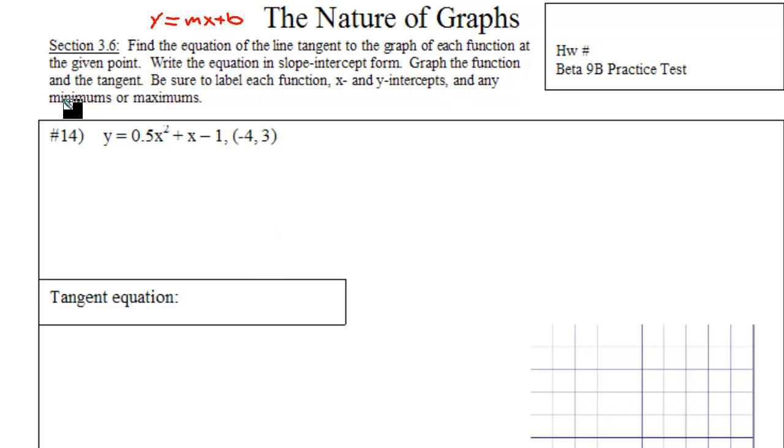Graph the function and the tangent line. Be sure to label each function, x and y-intercepts, and any minimums or maximums. This function is a parabola because it is a quadratic. Therefore, it only has one critical point. So if we find the derivative,